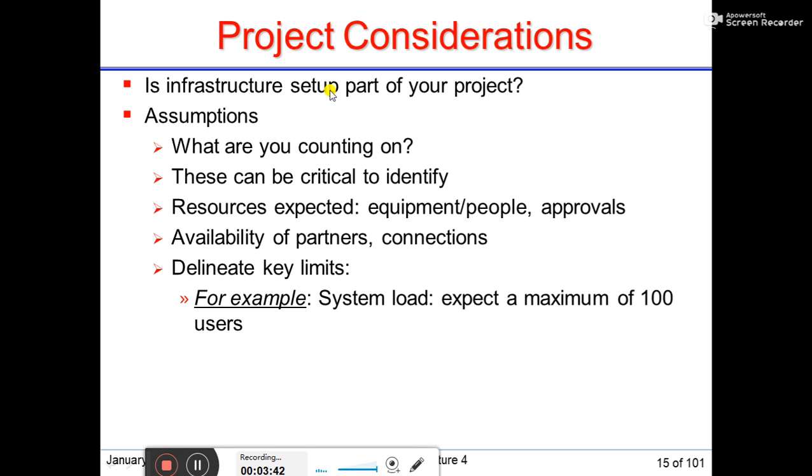If the infrastructure is not a part of your project, then you are not going to think about it. So those things are critical to think about. Availability of partners, connections, the key limits, for example system load expected maximum 100 users. You need to think about every pro and con of the process. Suppose you are not involved in infrastructure setup for your project, then obviously there